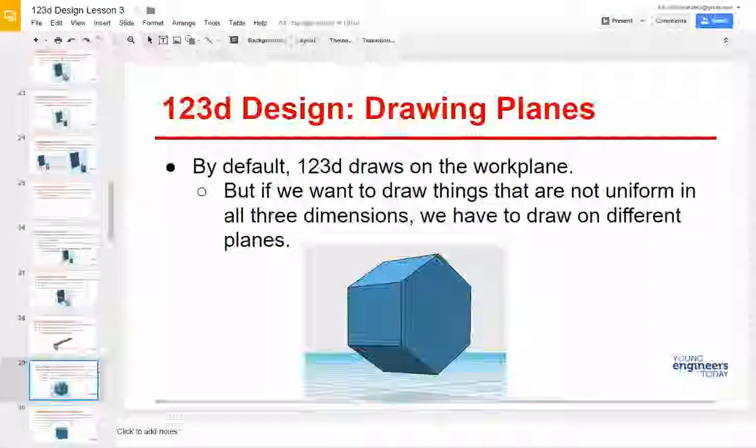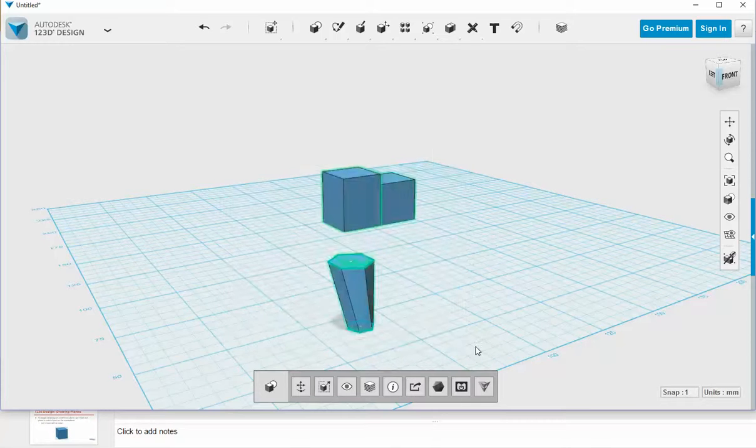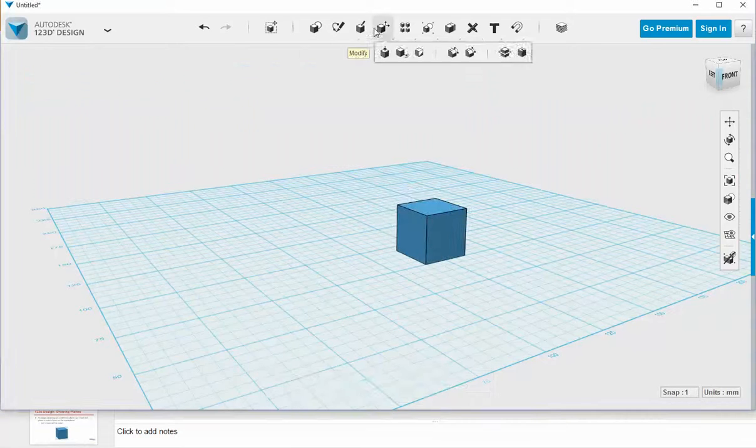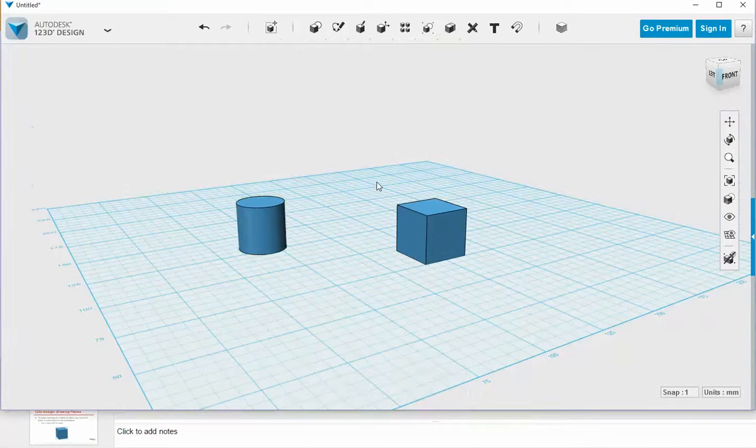So by default, 123D likes to draw on this work plane here. So, you know, we place primitives, they're set on the work plane, all is great and well. But what happens if we want to sketch not on this work plane? What if we wanted to sketch maybe